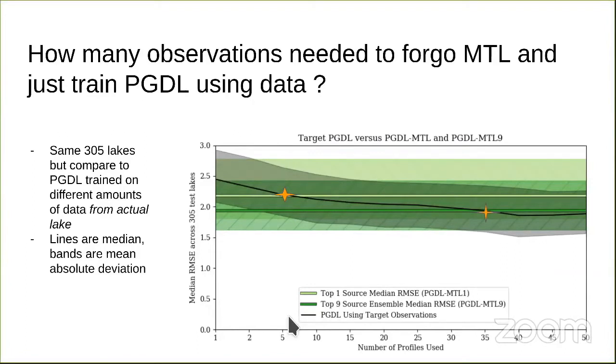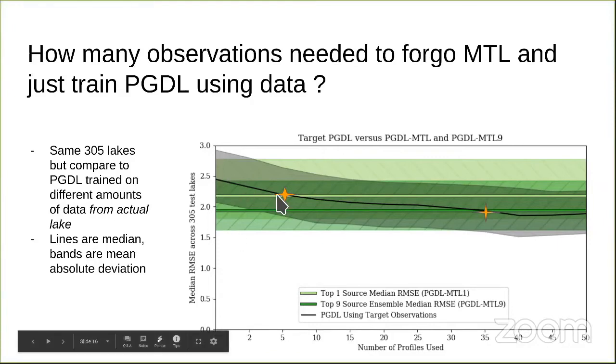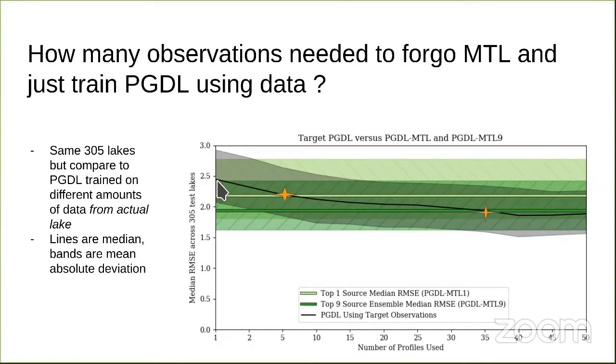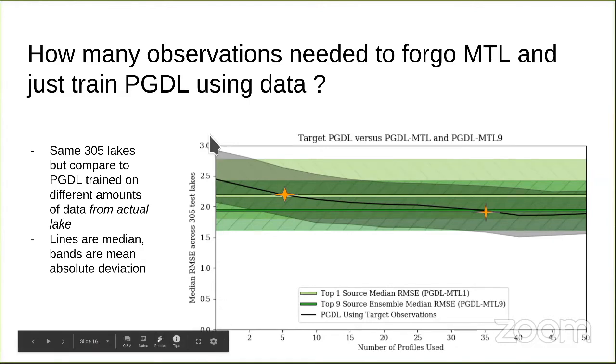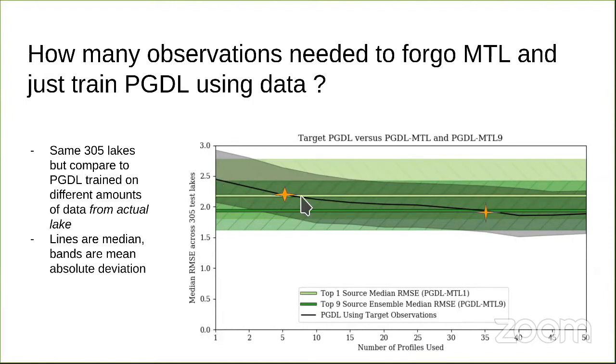So as a quick follow-up experiment, we wanted to compare how many observations are needed to forego the meta transfer learning framework and just use a PGDL model or another data-driven model from the lake itself. And so here we have an additional data point, which is this black line, which shows how well the PGDL model does when trained on the data from the lake itself. So on the far left here, you would have a PGDL model trained on just one water temperature profile. And as we move along the x-axis, we increase the data and performance also improves, which is expected because it's